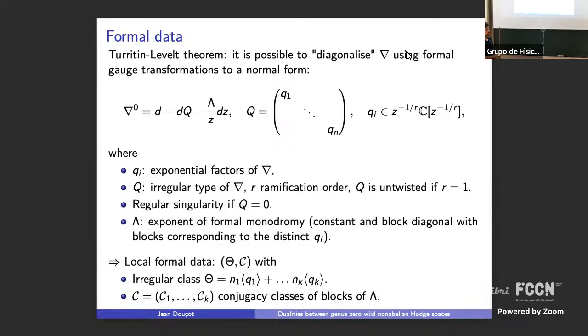It's more on the de Rham side, I would say, because the motivation for defining them comes from the de Rham side, from the Turrittin level decomposition. But once you get them, you can define them and define the wild character variety, forgetting where it came from, if you want.